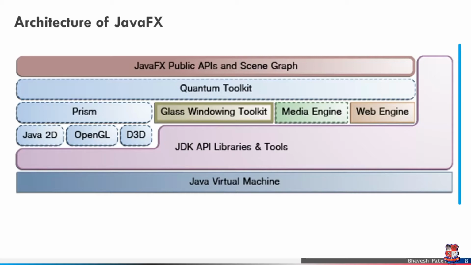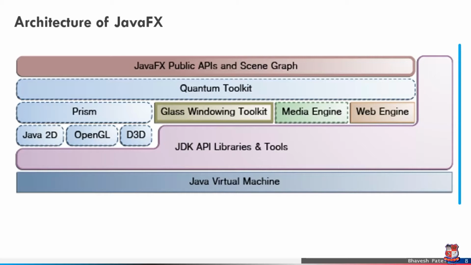The second layer, Quantum Toolkit, is an abstraction over the lower-level components of Prism, Glass, Media Engine, and Web Engine. It ties Prism and GWT together and makes them available to JavaFX. Prism can be seen as a high-performance hardware-accelerated graphics pipeline.